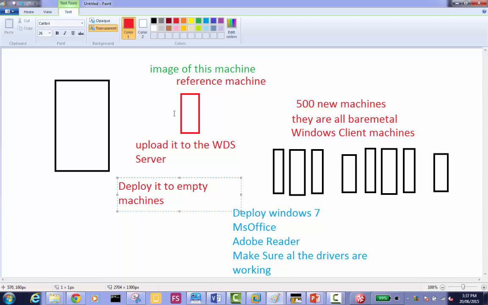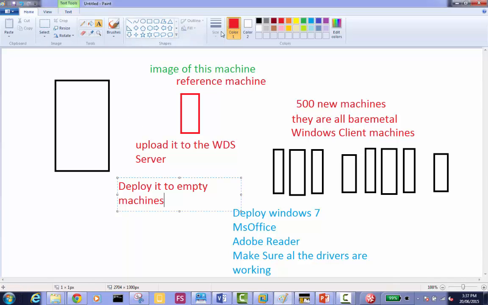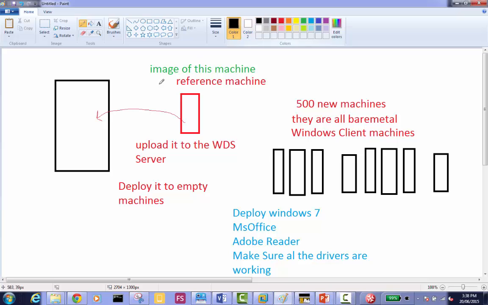So first you take an empty machine, install all your favorite software, all the required software of the company, and then you take an image of that machine, then you upload it to the WDS server. In that case, what will happen? You will be uploading the image from this machine to the WDS server, and then from the WDS server you will be deploying